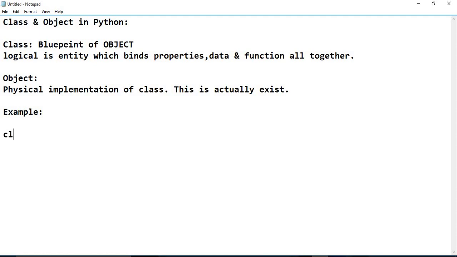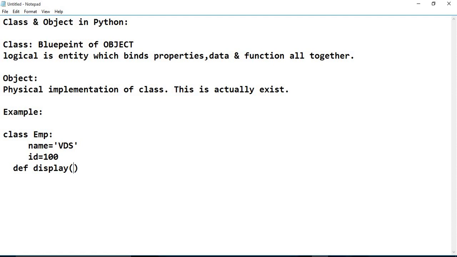Let's suppose, as we know, class is a keyword. Class EMP, class employee, and we have to take care of indentation. So employee, and we'll create a variable that is name equals to VDS, and ID, name and ID equals to 100. Okay. Now we'll define one function. def, the function is, let's suppose, display.